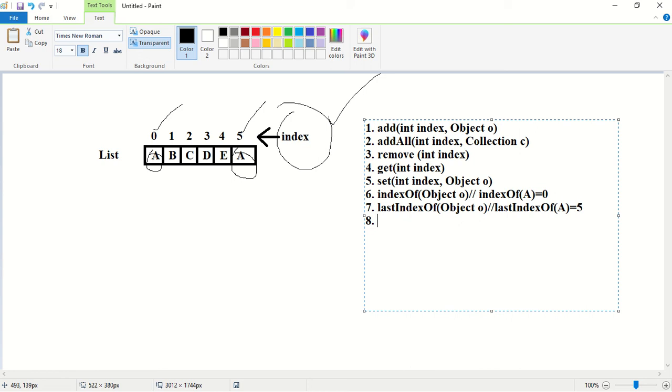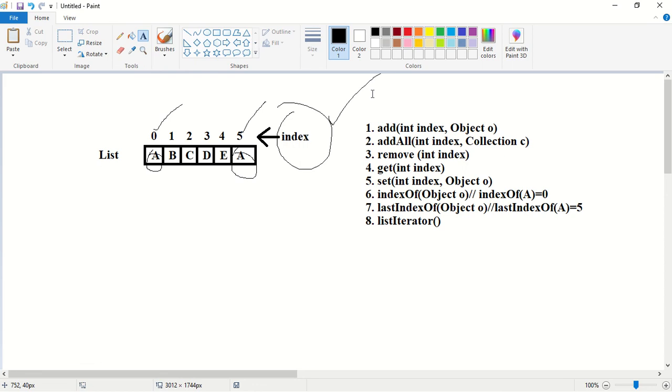The cursor for list objects is listIterator. The L is small: listIterator method. So these are the 8 specific methods which are applicable only for List.